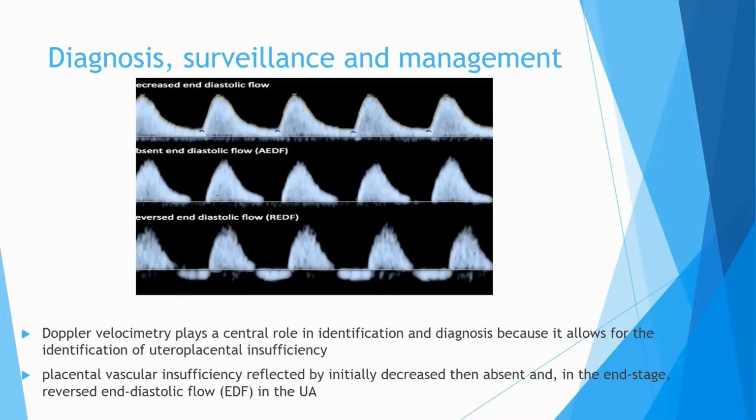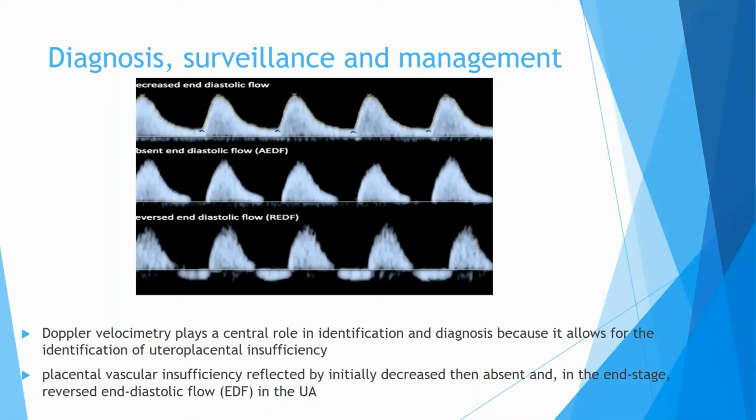As you can see from the diagram above, the first one shows a reduced end diastolic flow. This is peak systolic flow, and this is end diastolic flow. So the end diastolic flow is relatively reduced from the normal one. If we see a baby who is appropriate for gestational age, that is, their weight is appropriate for gestational age, but who also has Dopplers which are abnormal like this, then we can say that this baby is growth restricted, because of the placental insufficiency, they cannot gain their optimal